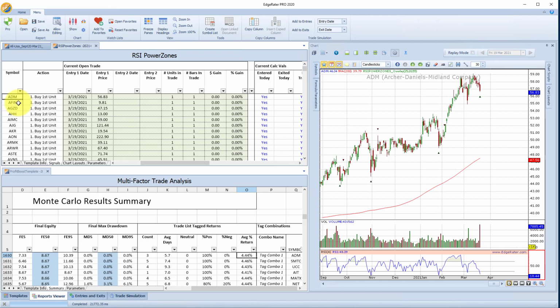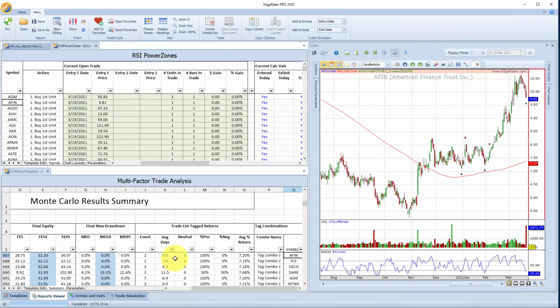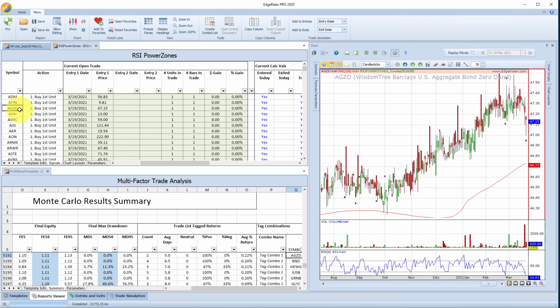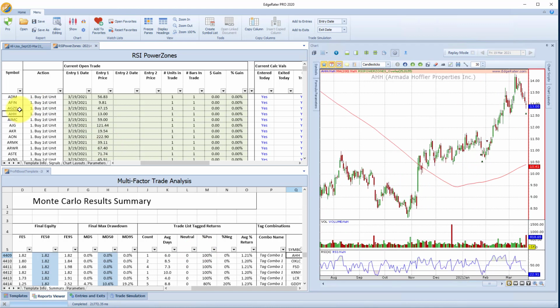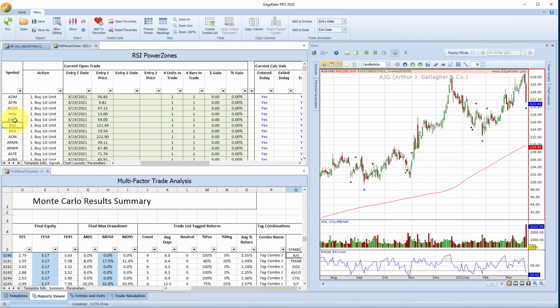Okay, so now we can just go down through this list and keep an eye on the Monte-Carlo results summary to see if there were indeed good trades in the recent past with that stock, with the strategy. I'm keeping an eye on the count, because if there's only one prior trade in the past 6 months, it's not very statistically significant, so I'll tend to ignore those. I'll look for things that have a good number of trades, a high percent of positive trades, and the average return is also a good thing to look at. So as I go down through here,